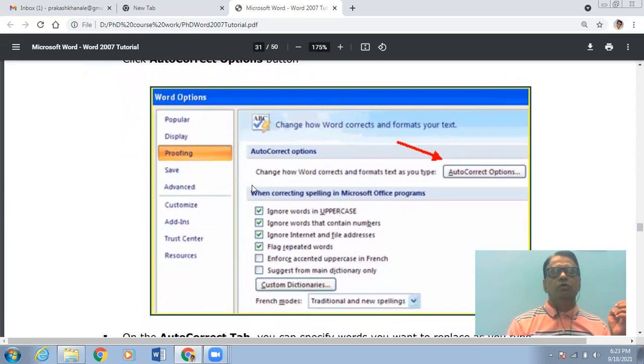So whenever you click on the Word option, then there is a proofing tab, and here there is an autocorrect option. And in this autocorrect option, there are certain options displayed. So you can select the required options, and you can deselect if you do not want certain options to be on.